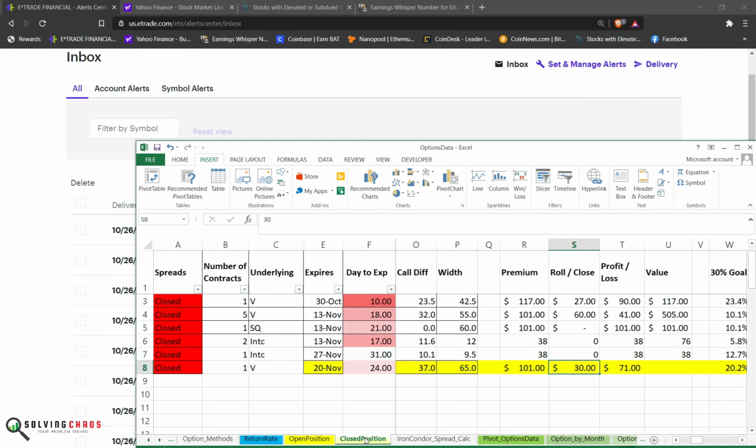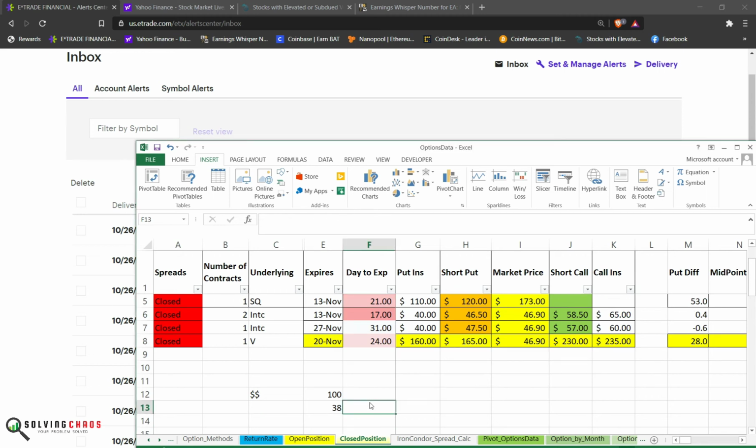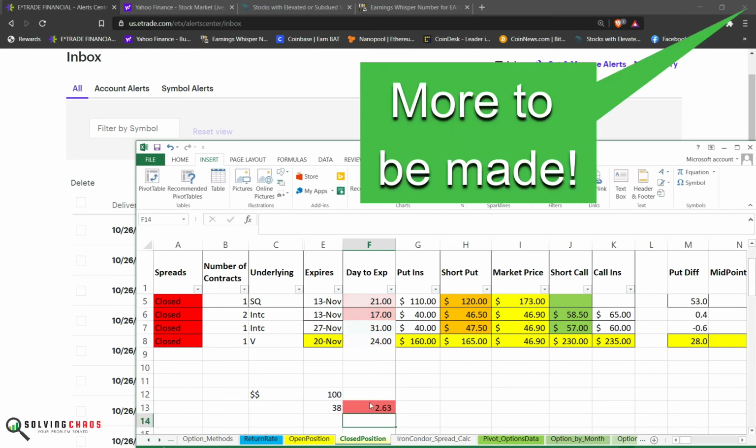So if you do the math again, we just collected another $100, right? That's a new value. We set it at 38 days. So if you can do some basic math here, what that tells you is the new contract is already worth more. You see that? In 38 days, if you let it go to expiration, right, I'm earning on average,